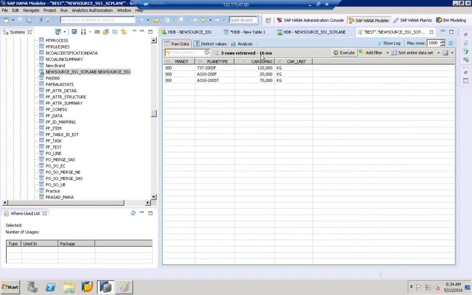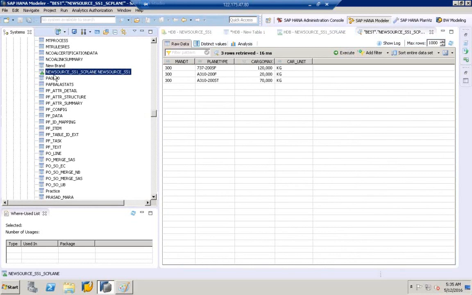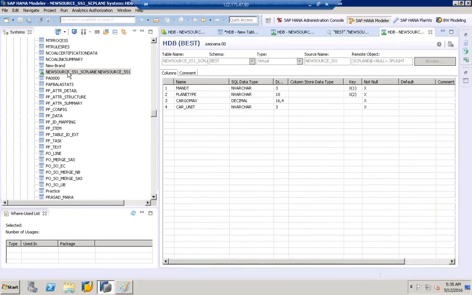It does caching of data. So it can access data from the cache memory rather than going to the table from the source. That's why it is faster. So once this table is created, we can use this table